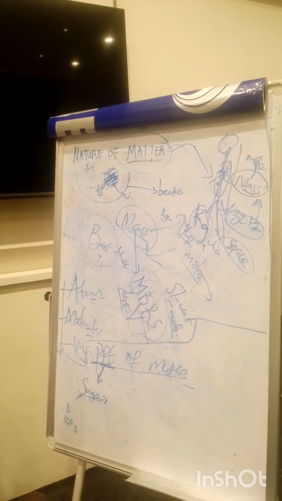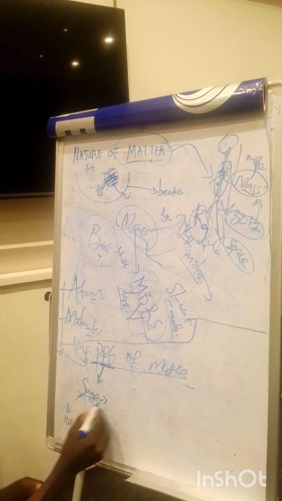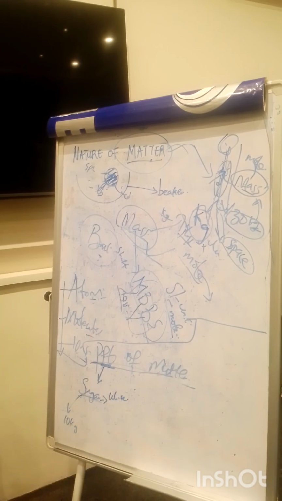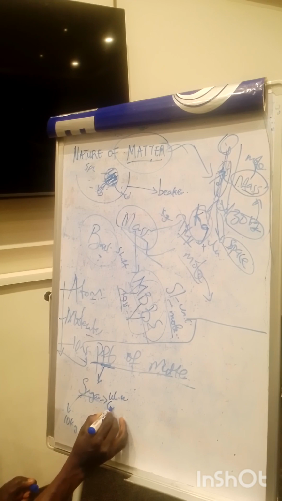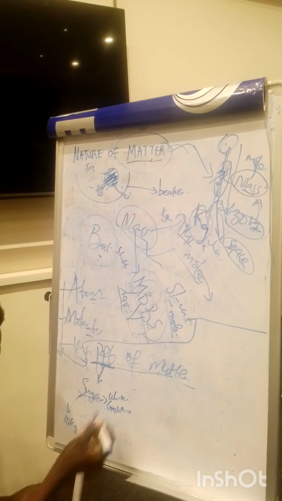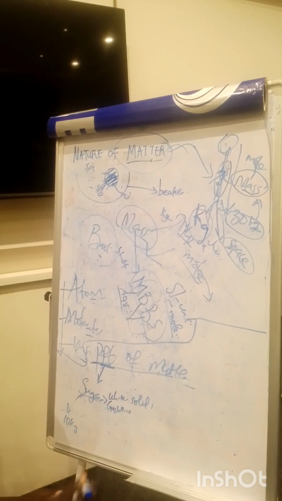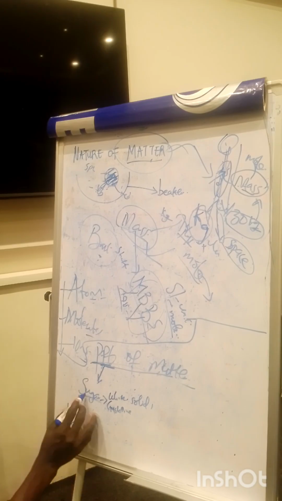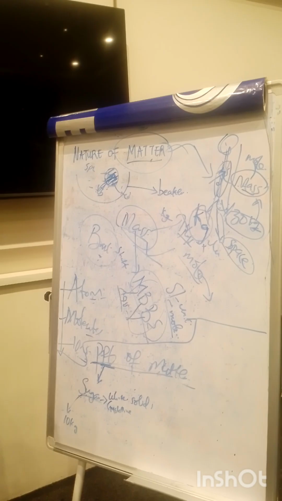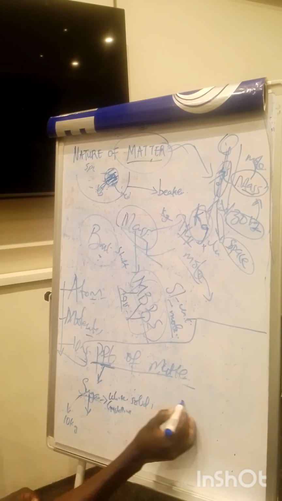Now, the very first thing you will say about sugar is that sugar is white. Are you with me? Sugar is crystalline, because it's made up of something like a crystal shell. Then it's a solid. Then what can you still say? It decomposes on heating, and can be recovered by evaporation. So all these things I can say about sugar are the properties of sugar. That's sugar for you. Let's go into iron.